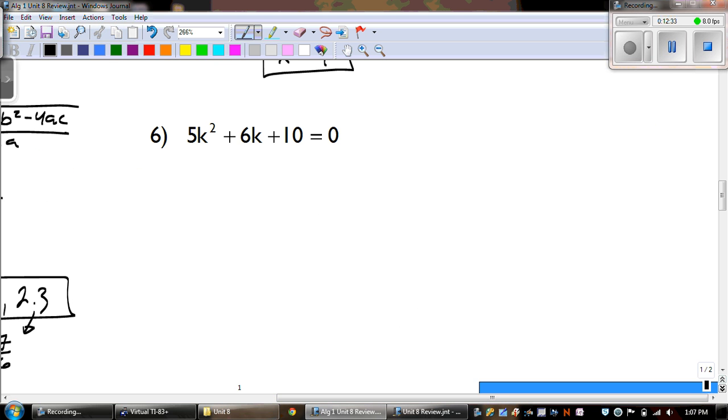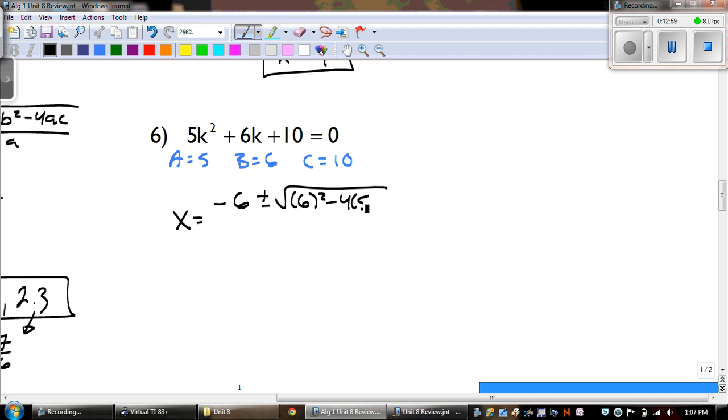All right, 5. That looks like a lot of work. Everything's already set to 0, so that's awesome. I'm just going to do the quadratic formula. A equals 5, b equals 6, c equals 10. So x equals the opposite of b plus or minus the square root of b squared minus 4ac all divided by 2a. All right? So we have x equals